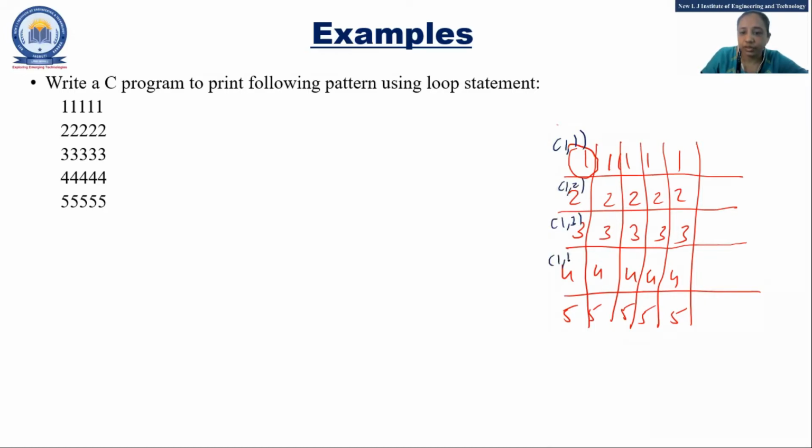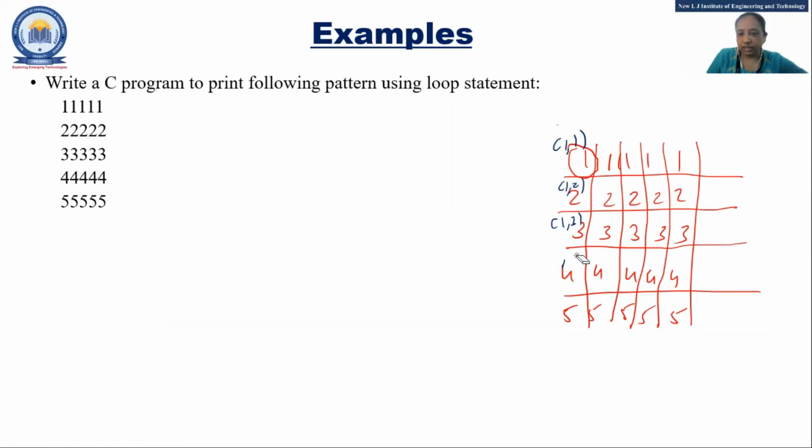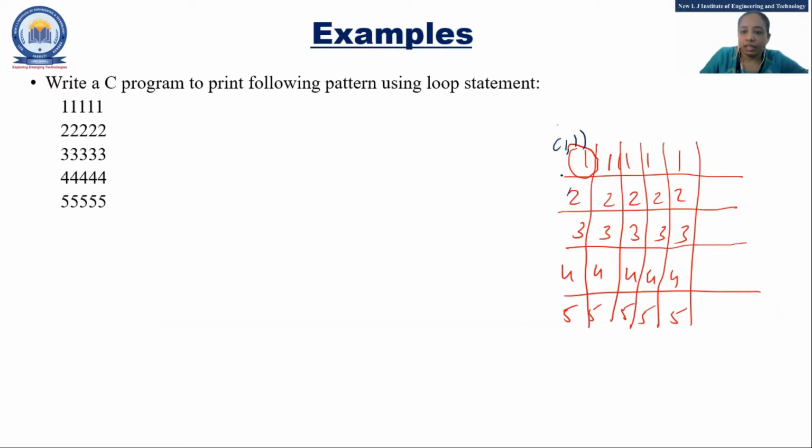This is the first row, fourth, sorry, mistake, I have written it the other way. Okay, I'll rub it. So this is the second row and first column, third row and first column, fourth row and first column, fifth row and first column. Is it like that?